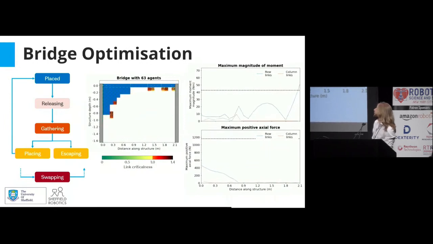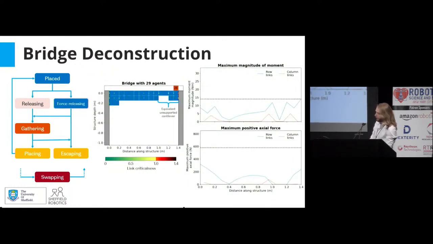This continues until eventually one of them decides the structure is unstable, and you see it places there to try and reinforce it. So we have this trade-off of agents placing and moving around. If an agent releases but makes the links around it critical, it places back where it was. And this continues until 50 steps pass without any change. And then we've reduced to 26 agents there from about 100.